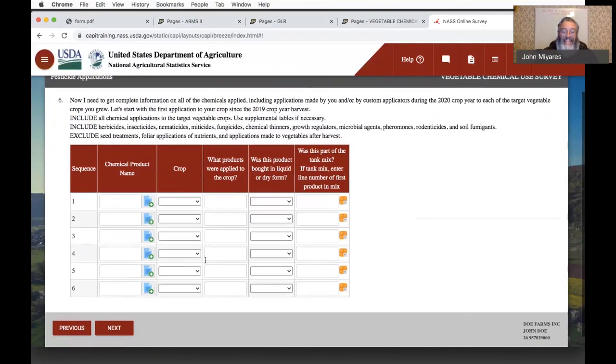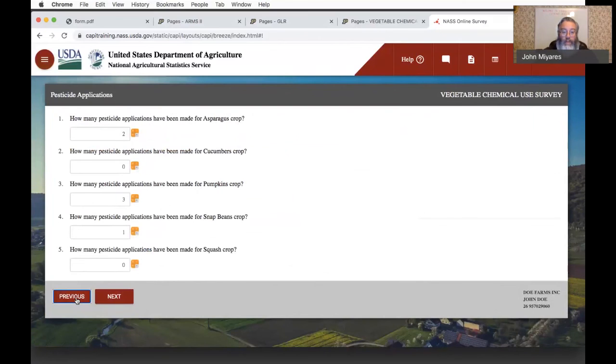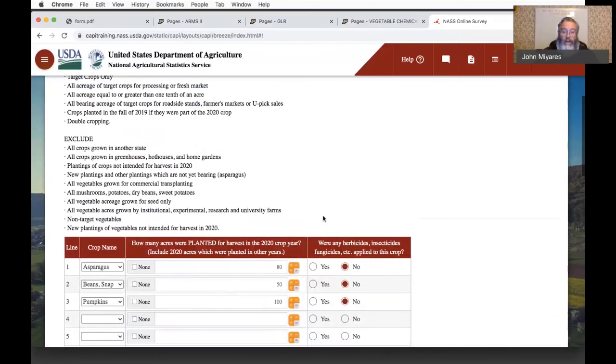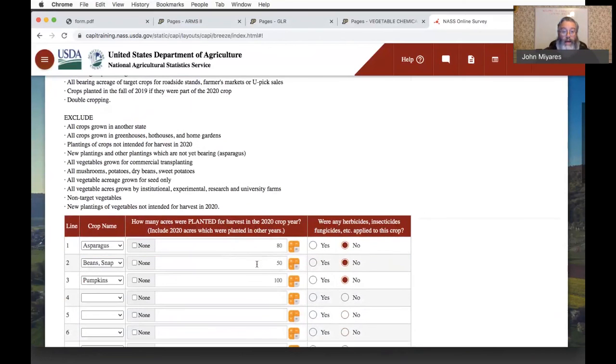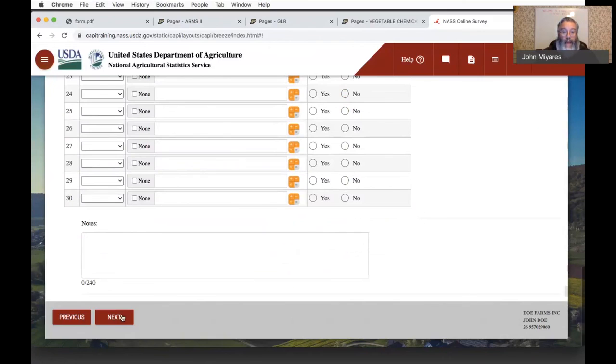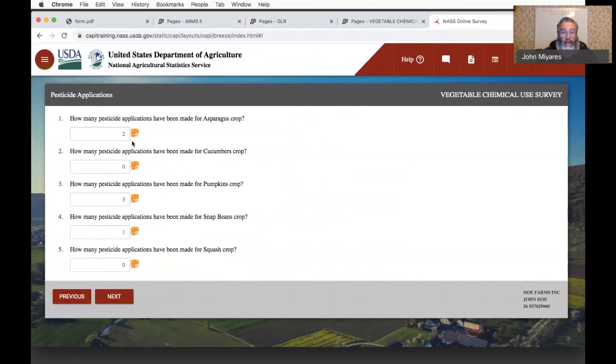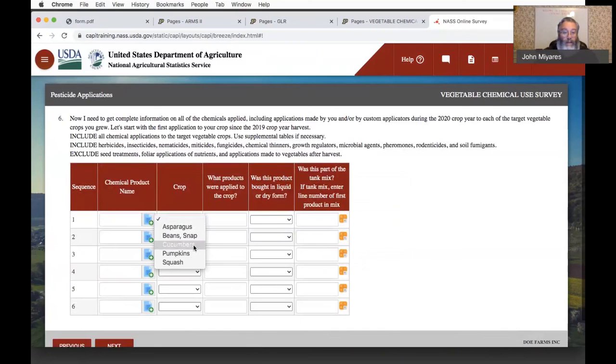Now, that is even though, if I back up a couple screens, you'll notice I put no, no, no here. There is no connection between what I enter on this screen here in terms of whether or not herbicides, insecticides, or fungicides were applied to that particular crop, and whether or not on this next screen I'll be asked how many chemicals were applied to each crop. Nor is there a check to say on the next screen that I couldn't possibly select cucumbers or squash here. So it's going to let me put anything